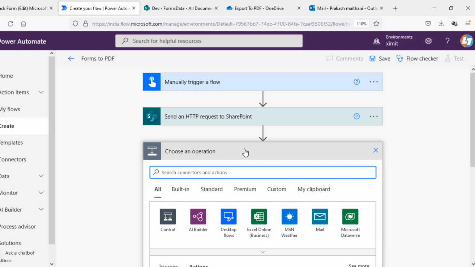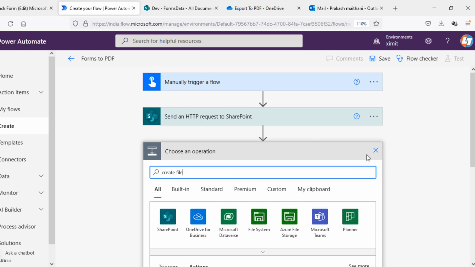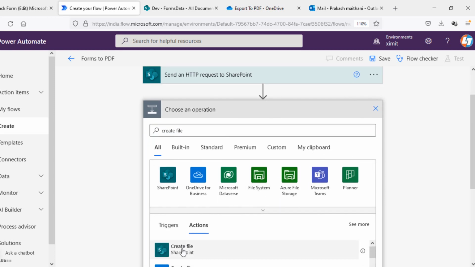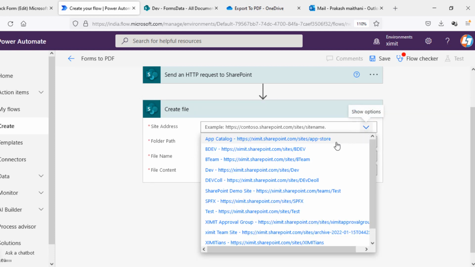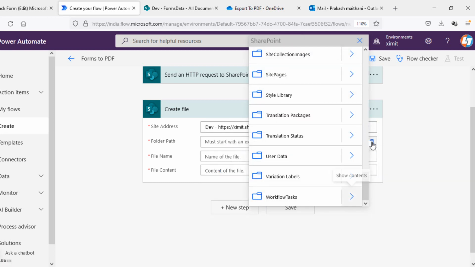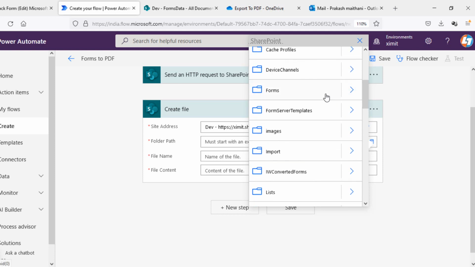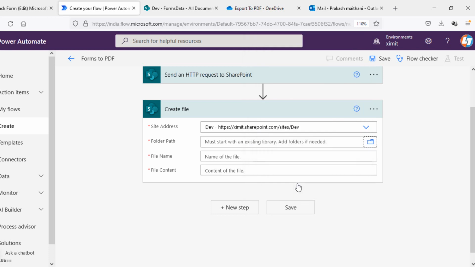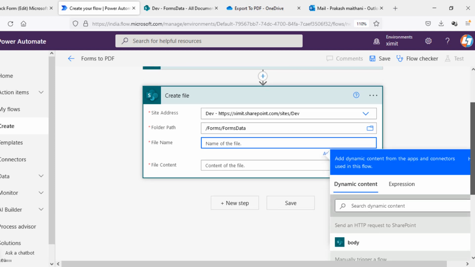Now we have to save this Excel file somewhere, so I will say SharePoint, create file, give a site address where you want to save this file. So I have dev site. Underneath that I have created a forms document library with the name of forms, and under forms I have a folder called forms data. I want to save my data here, and the file name will be